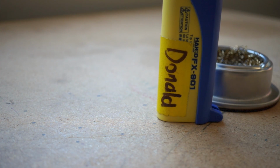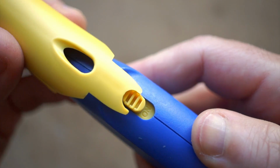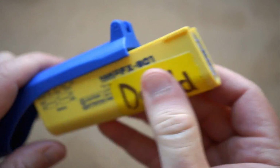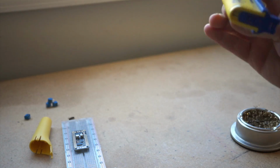You can stand it on its end. You can cap it while it's hot. The cap will automatically shut it off, so there's no chance of you leaving it on accidentally. The batteries install in a clip that's easy to swap out. And it feels pretty good in your hand